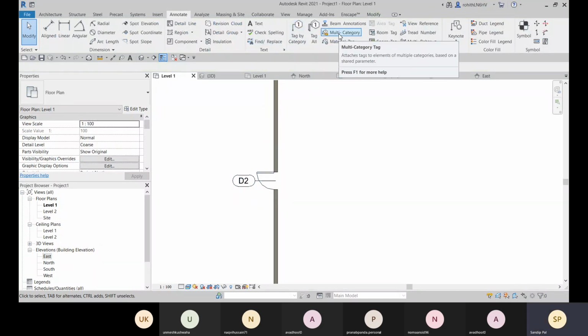Okay, and here you have multiple category tags. So like any object you have some multiple families included within a single family, like a nested family you have created. So for that you can choose multi-category, or there is no particular category.